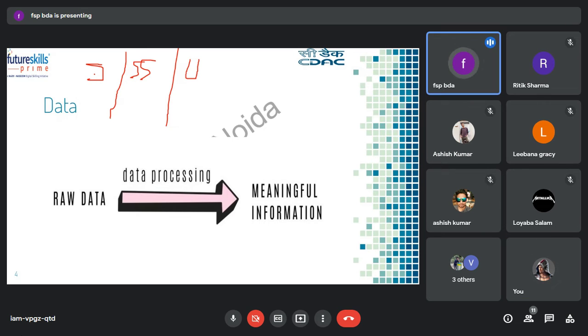Earlier, those traditional database management systems were capable of handling structured type of data. We were not handling semi-structured and unstructured data. We were handling structured data using traditional database management systems, because at that time we had that type of data, categorical or numerical, which can be managed from one computer.